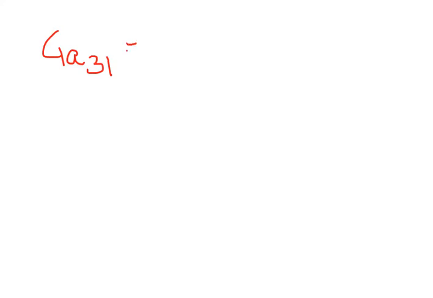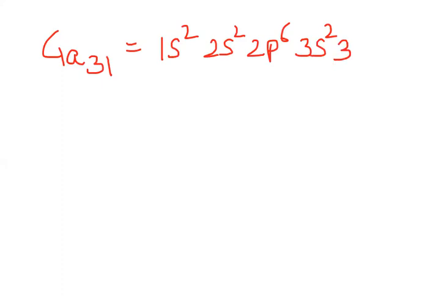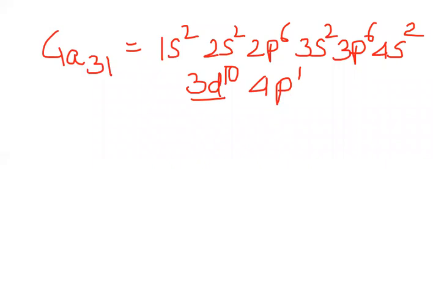So the electronic configuration is 1s2, then 2s2, then 2p6, then 3s2, then 3p6 and 4s2. All right. Then 3d10 has been completely filled up, mind you. 3d10 completely filled up. And then you start filling the 4p, and it's going to be 4p1. So now you see in this case it is 4p1.